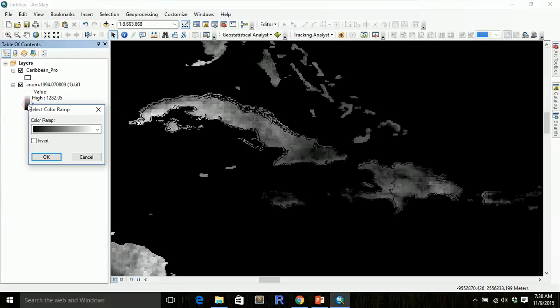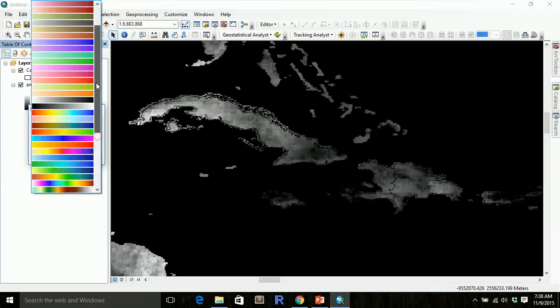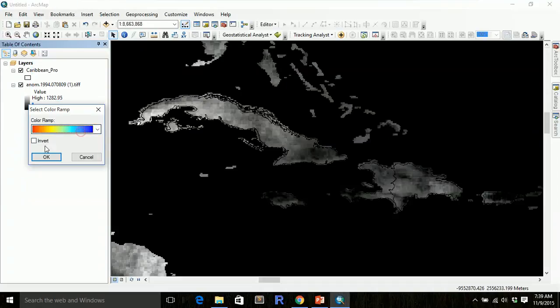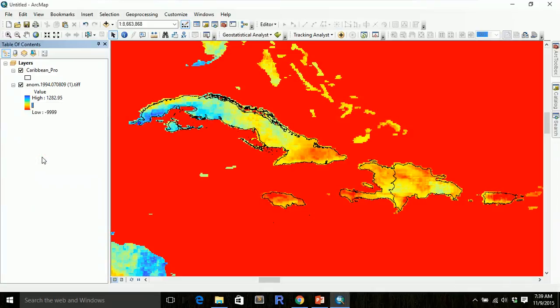But if you want to visualize this in a better way, you just select that color ramp over here and select a color scheme that makes sense. I like this one, from red, from drier to wetter, right? So let's just select this one, and you will see over here that in the case of 1994, we see